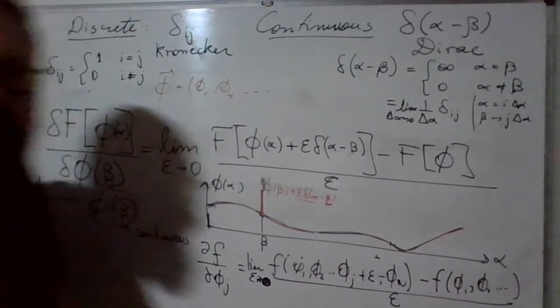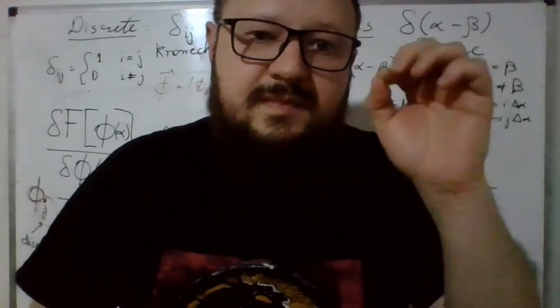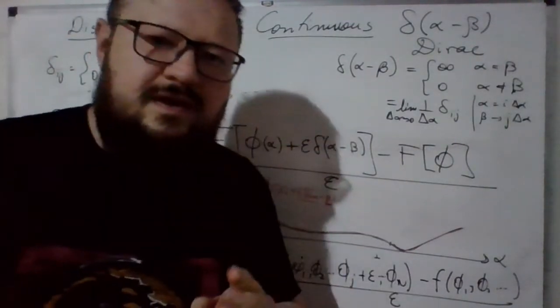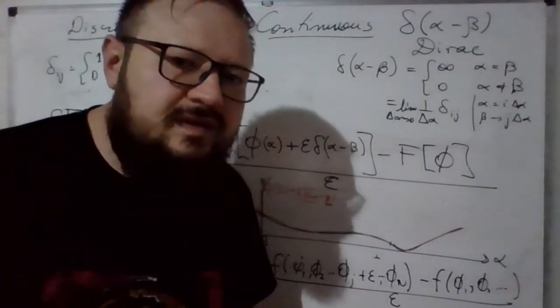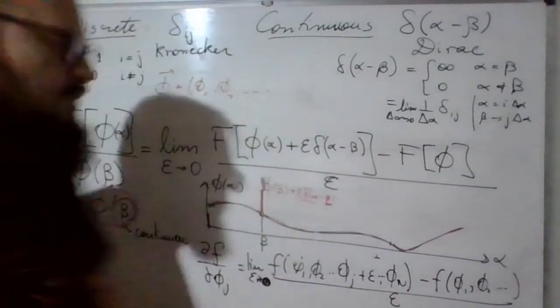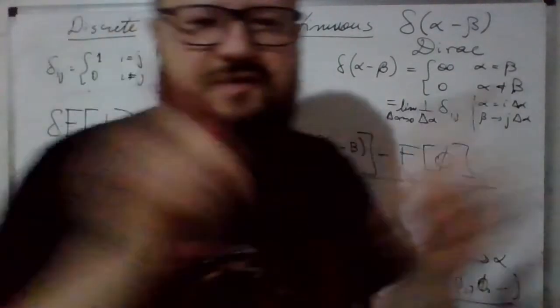I could think about a function as the value of the function at a given beta as the component of a vector in a continuous infinite dimensional space